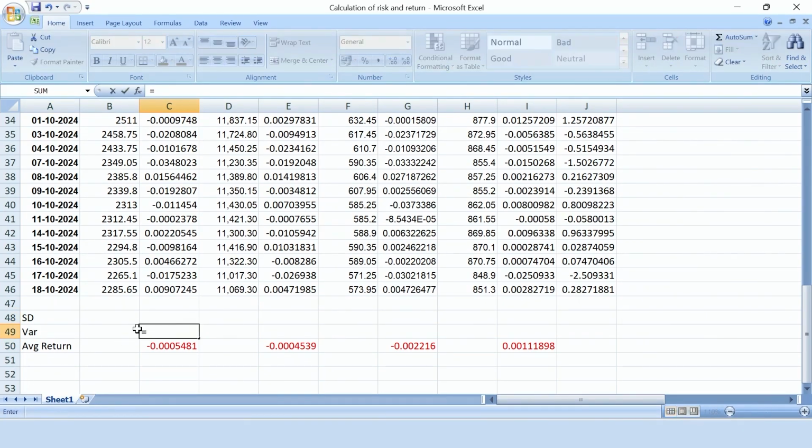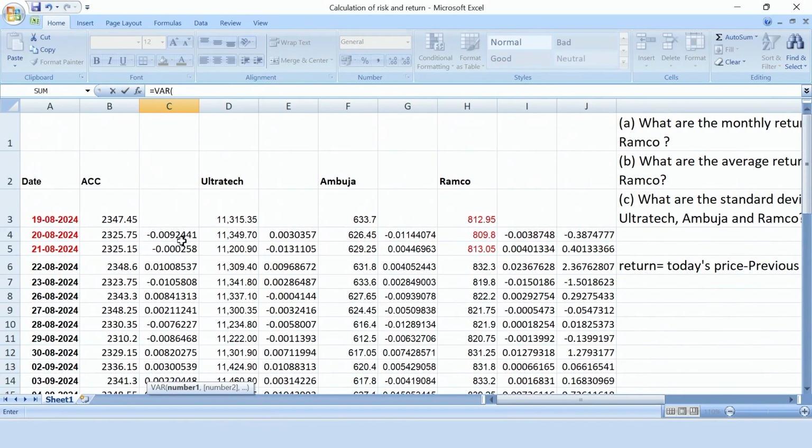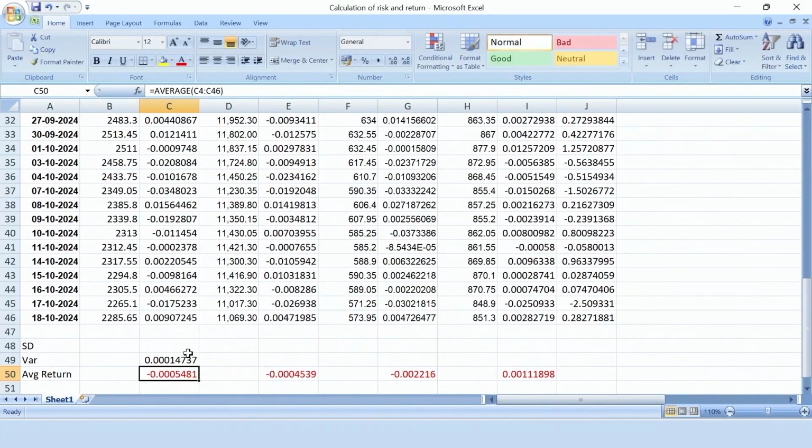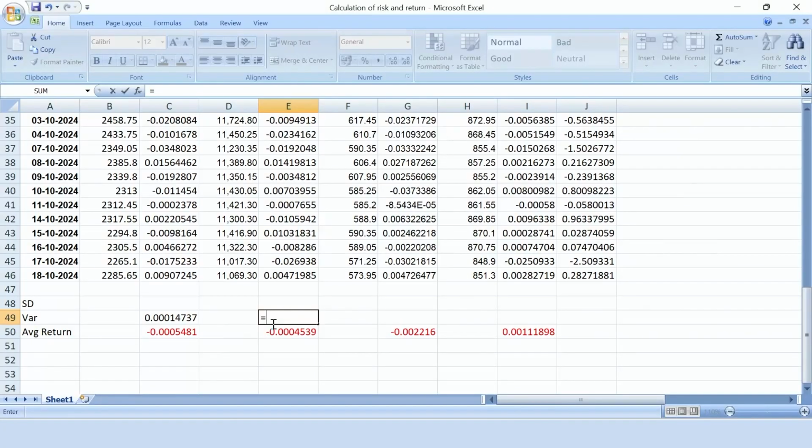What we have to do? Simply put VAR. We get the variance. Now again drag this return column. Don't focus on the price column, because all the calculation will be done on return only. We are not using any sort of calculation based on the prices. Similarly, as you have done in your numericals also, we have calculated the expected return, or the historical return, and on the basis of that we have calculated the variances. So here also we are focusing on the return only, not on the prices.